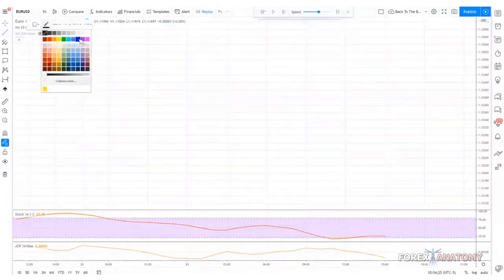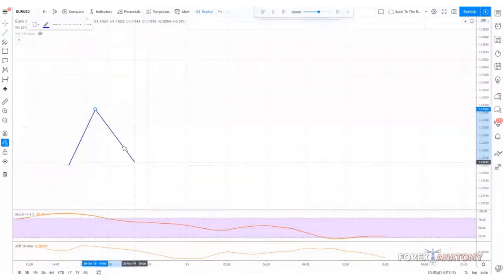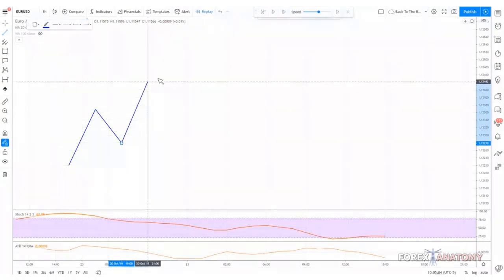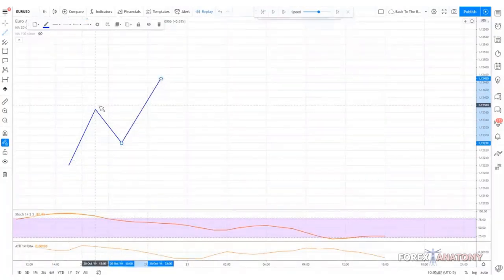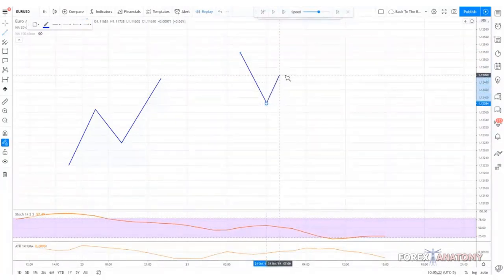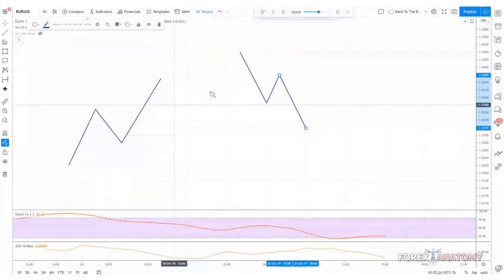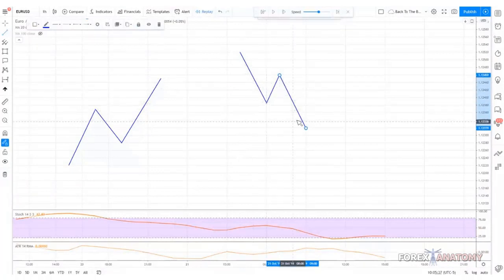So whenever price is moving up, price is typically doing this. We get an impulse wave, then we get a correction, and then we get another impulse wave. Price always moves in waves in a zigzag fashion. It creates higher highs and higher lows when it's moving up, and when it's moving down, it's typically creating lower lows and lower highs. That's how the market typically moves. It's always creating either higher highs and higher lows when price is trending upwards, and lower lows and lower highs when price is trending downwards.